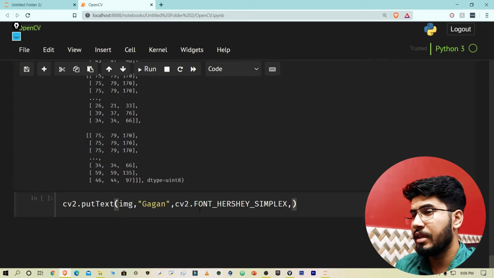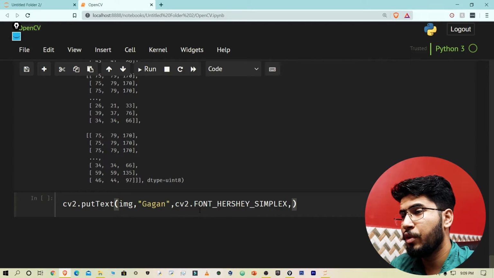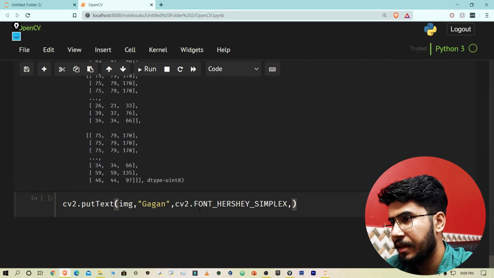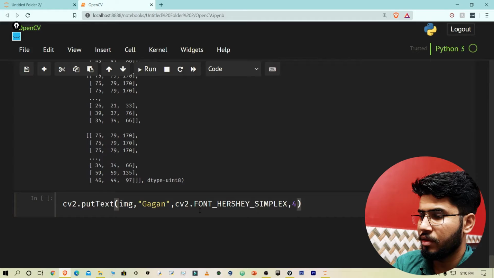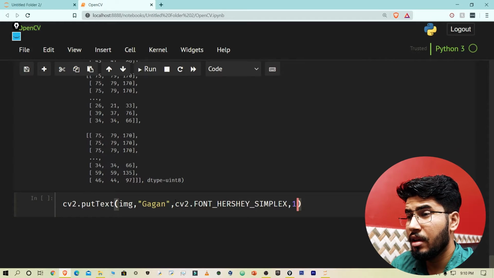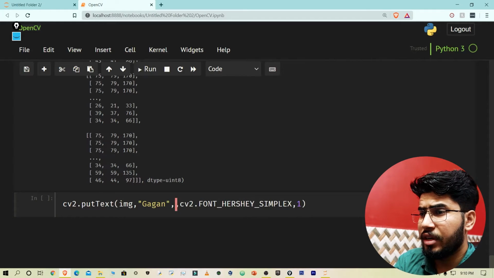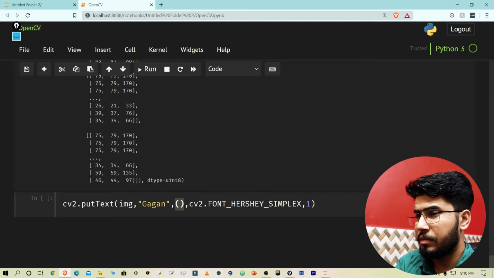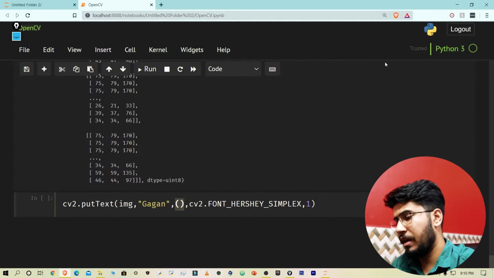After this, you need to provide the font size. You can make it anything, let's make it 1. One more thing that you need to give here is the starting position of the text, the top left position.